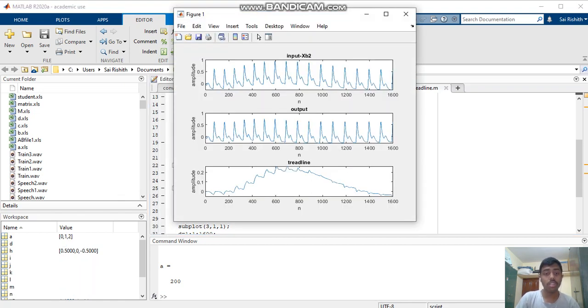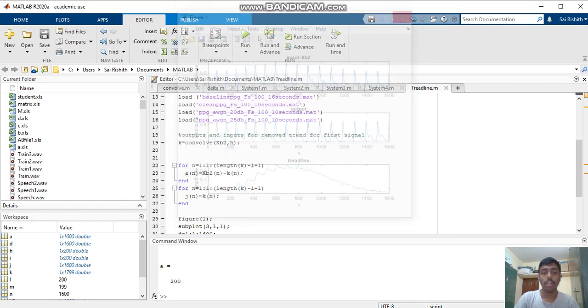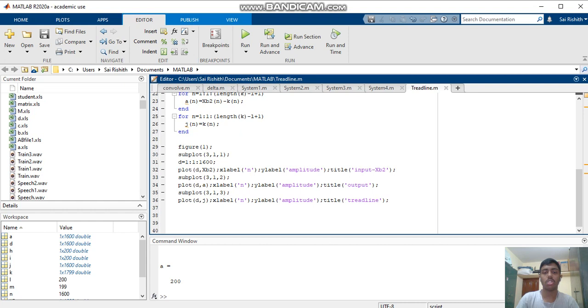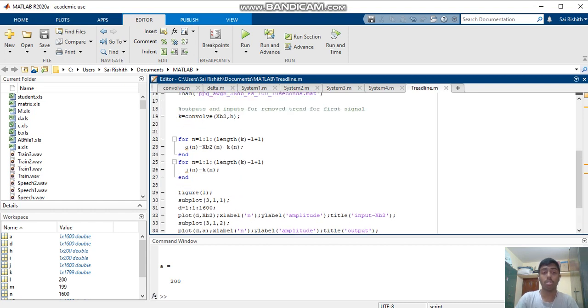You can see here, as I said, the second system is a low pass filter. It is giving low frequency values. You can see a red line in this graph. The second output is when I remove the trend line from the input value and get an output. Yes, you can see I have removed the trend line here. And this is the program for removing the trend of the function, and we can find it for the remaining systems also, for the remaining signals also.